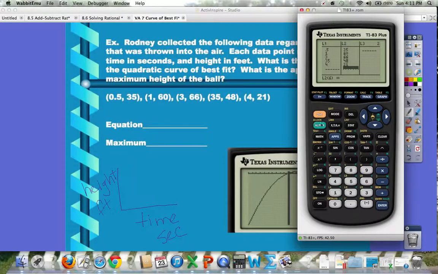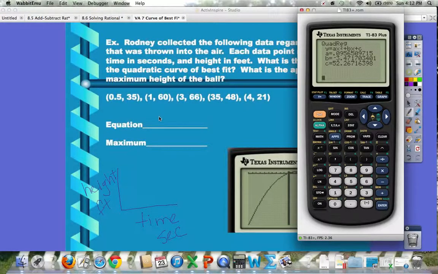And then you want to hit stat, calc, and number 5, which is quad reg, and you're going to hit enter. Now, it's going to give you all this stuff, and A goes right here, B goes right here, and C. You're going to want to round it to at least 2 places after the decimal. So this 0.095 would round to 0.10. So you would write the equation